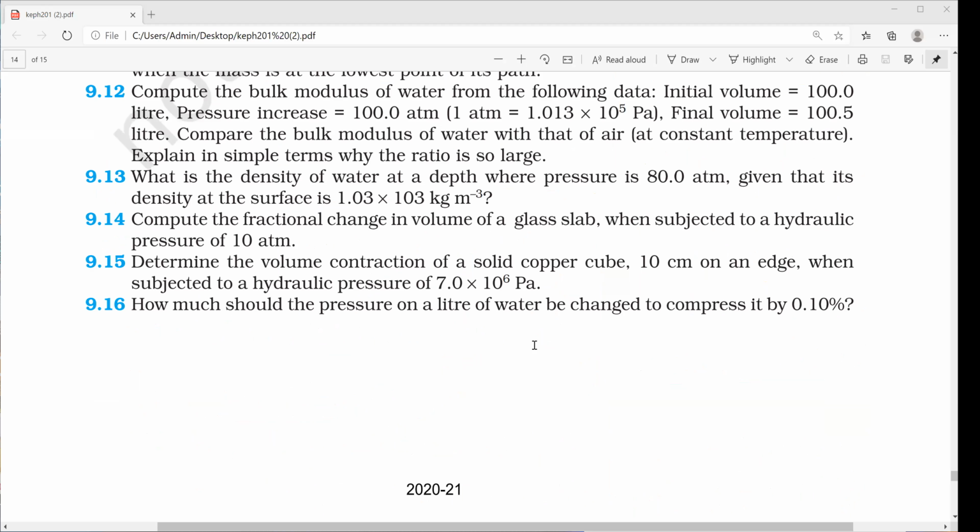That is 9.14. So what is the next problem? That is 9.14. Compute the fractional change in volume of a glass slab when subjected to hydraulic pressure of 10